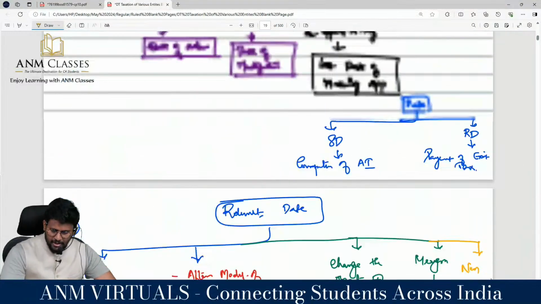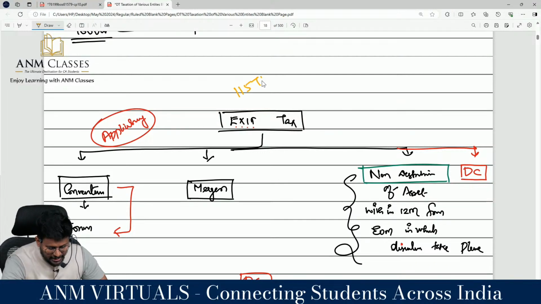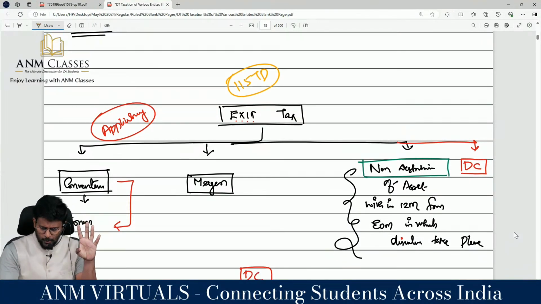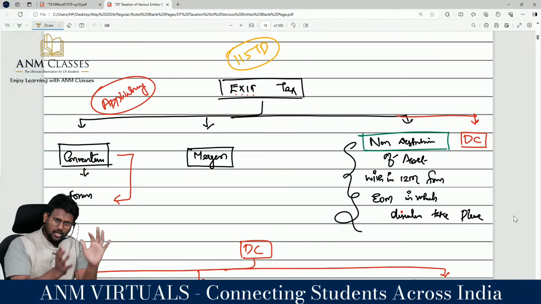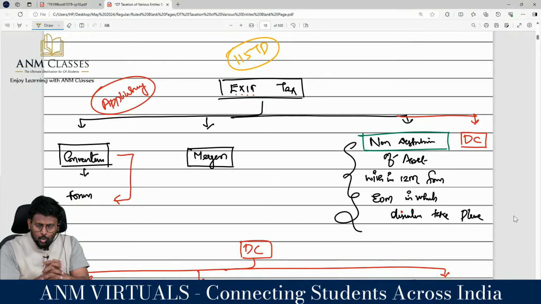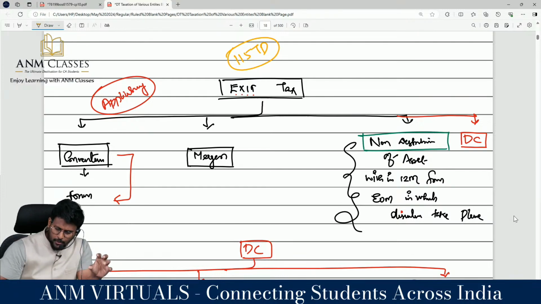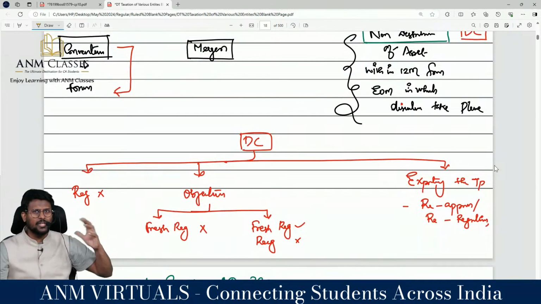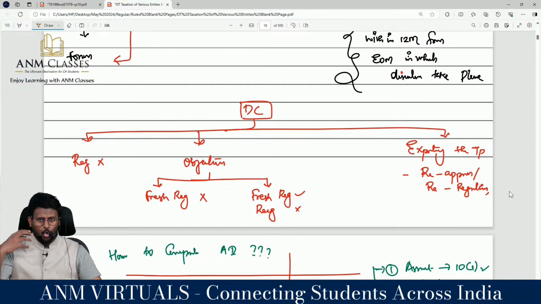I will be reading once again the summary charts. Sir, what is 115TD? Exit tax. Correct? If you are doing four things, then you are liable to pay exit tax. Number 1, if you are converting the charitable trust into a form which is not eligible for registration. Number 2, if you are merging with a charitable trust whose objects are different or which is not entitled for registration under 12A or 10(23C) series organization, or you are not distributing after dissolution the asset within a period of 12 months from the end of the month in which the distribution takes place, or the circumstances which will lead to deemed conversion,